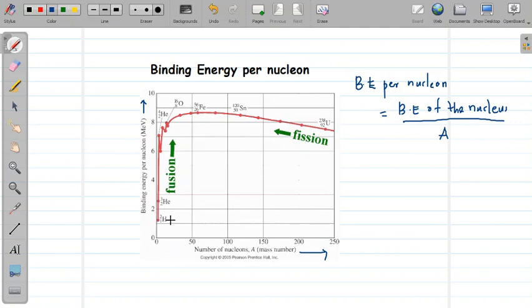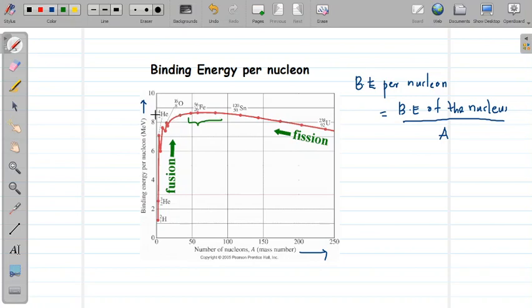So for lighter nuclei, you can see the binding energy available per nucleon is very less. And when we move up, as the mass number increases, the binding energy per nucleon increases sharply and it reaches a stable state here. In this intermediate region, binding energy per nucleon is maximum. Then when we move to the heavier nuclei, the binding energy per nucleon is getting lesser. So since the binding energy per nucleon is related to nuclear stability, we can conclude that more stable atoms are found in this intermediate region.